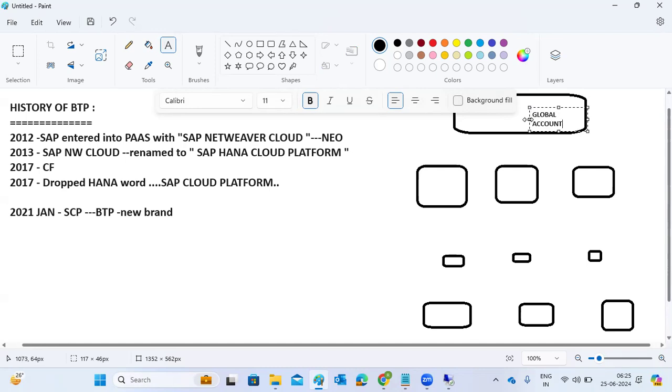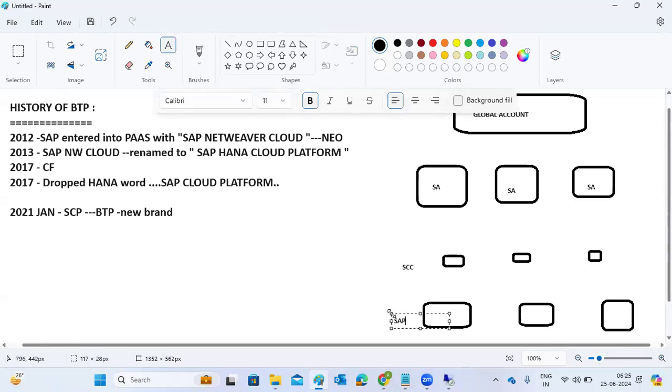Architecture-wise, this is the global account, and under the global account you have the sub accounts. You can deploy one or more sub accounts here. This is the cloud connector, SCC, the SAP Cloud Connector.